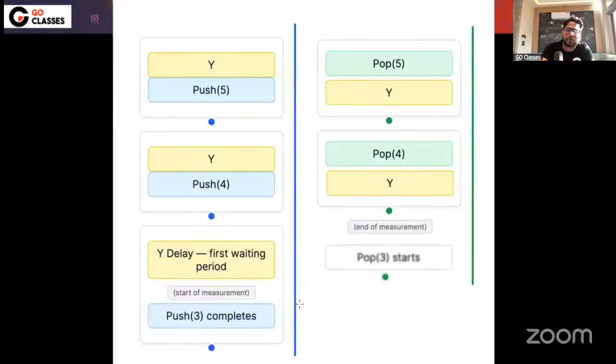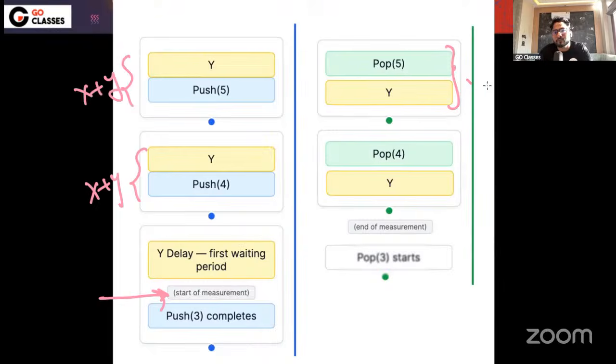Let me show the visual. Once push 3 is completed, you start your measurement from here. The y is the first waiting period. After that, everything takes x plus y. You are pushing 4, pushing 5, popping 5, popping 4, and then you end your measurement, which means pop 3 will start.